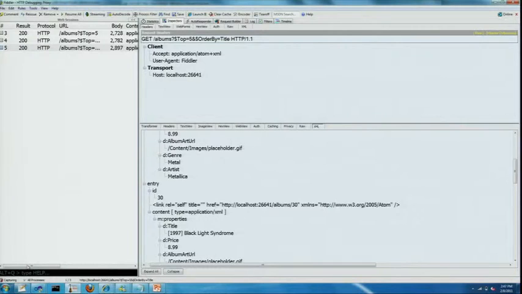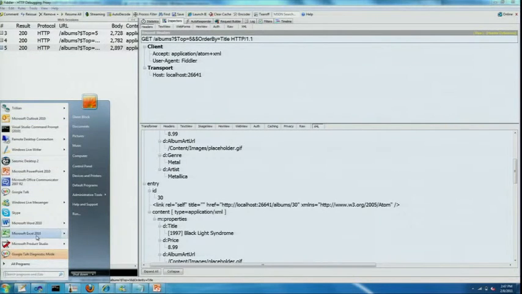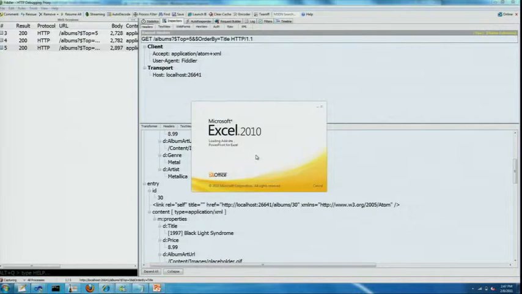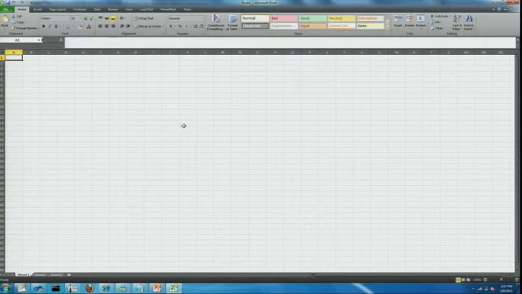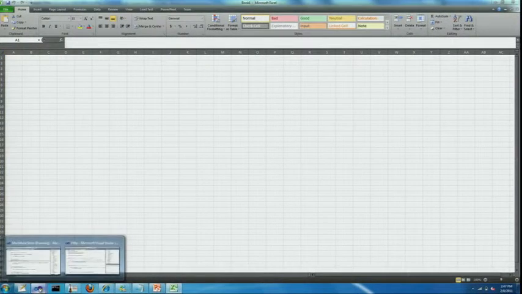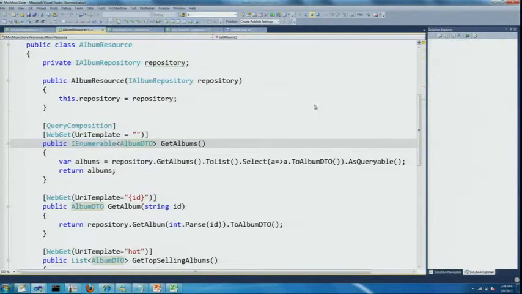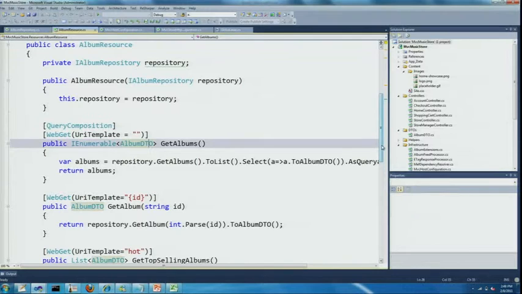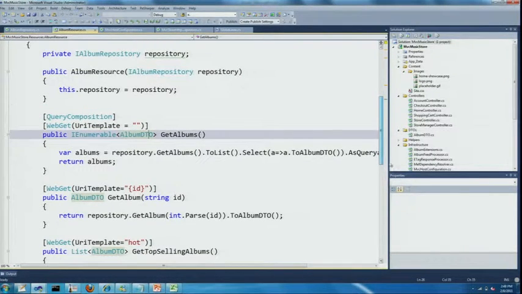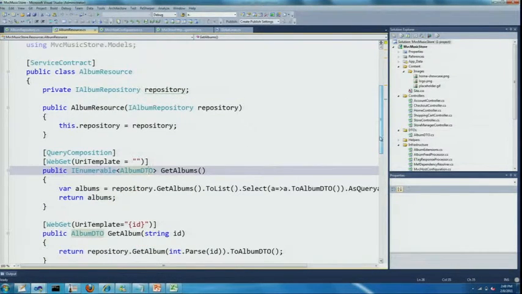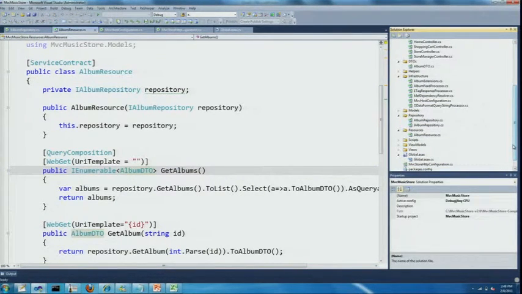Well, if I can do that, then it would be nice if I could actually use PowerPivot, right? I should be able to because PowerPivot supports OData. But the one challenge of using PowerPivot is that PowerPivot won't send accept headers. So right now, the content negotiation that I was talking about is completely based on accept headers. So what I want to do is have a way of specifying something potentially in the query string, and then have WCF recognize when I put that query string in, that's the format that I want.